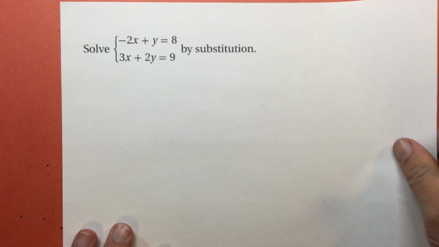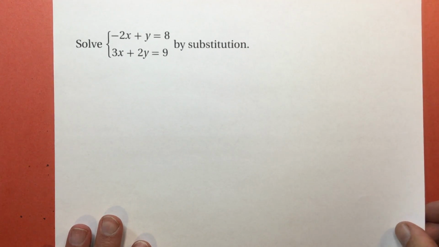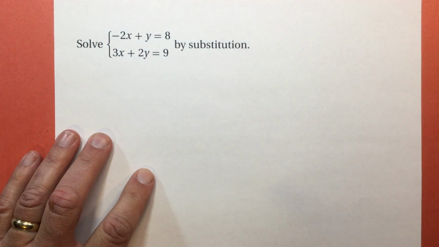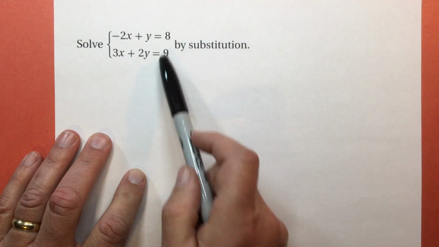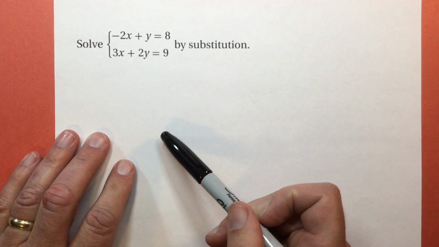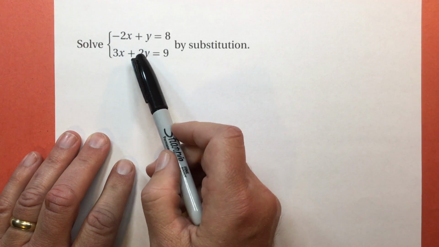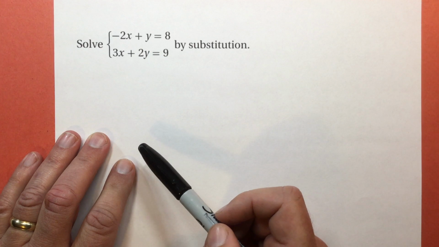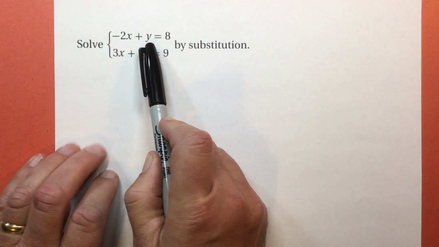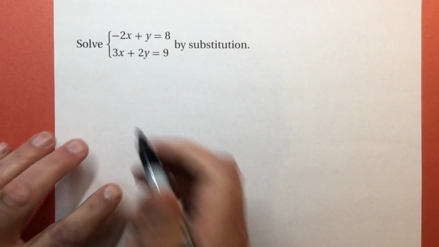Let's do another one, same idea. So between these two equations, which one should I start with? Neither one of them have the variable isolated. That, and that all have a coefficient that's not the hidden one. So I think I'm going to go for that y right there. So I'm going to start